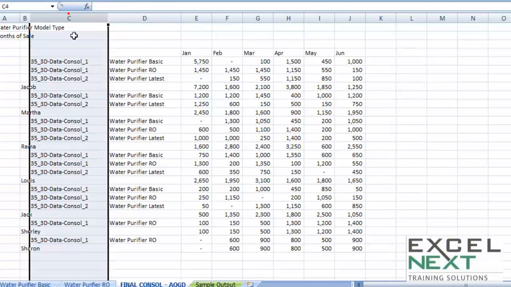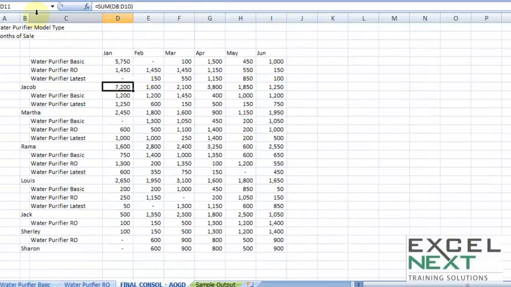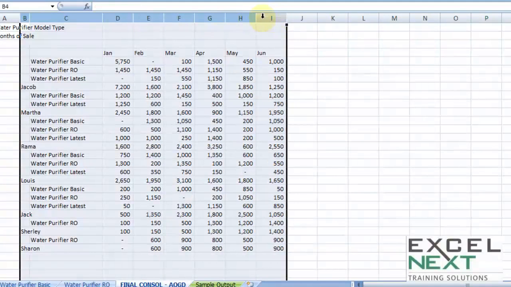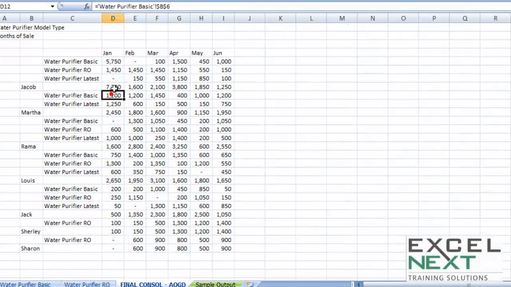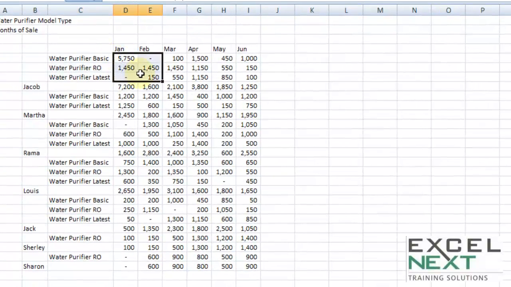Now column C tells me from which file it has been taken. So as of now I don't need this. So let me simply delete the column C. Let me delete it. So as of now, what the data looks like, you have the sales agent's name, you have the product name, you have linked data which talks about the numbers